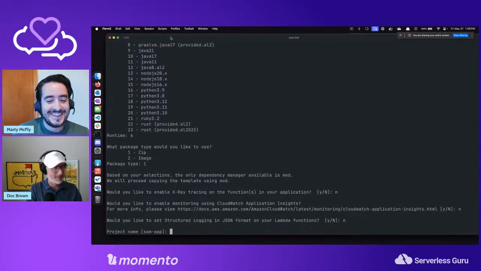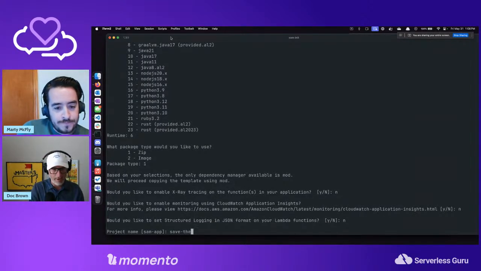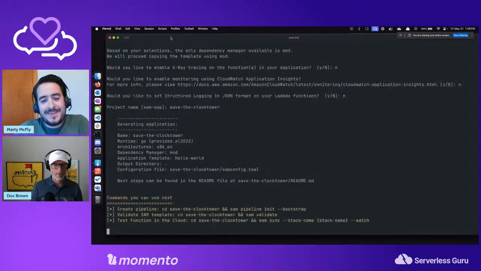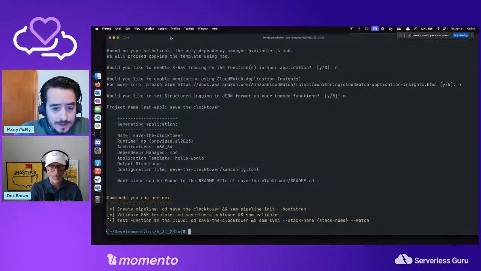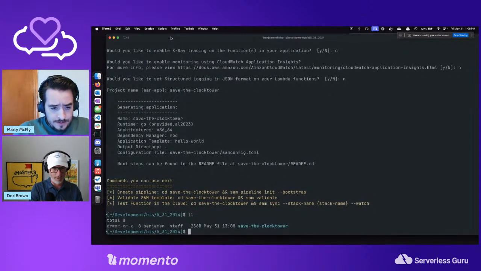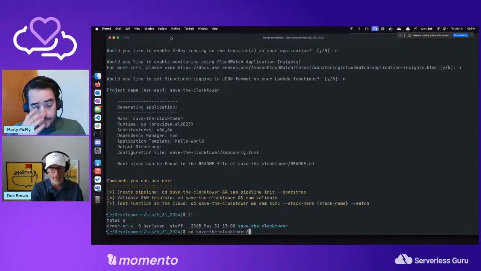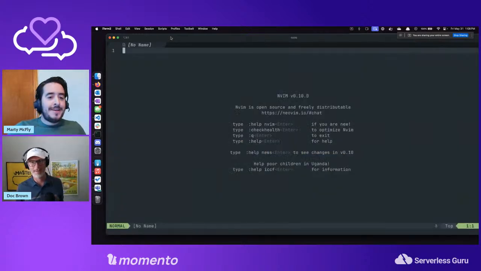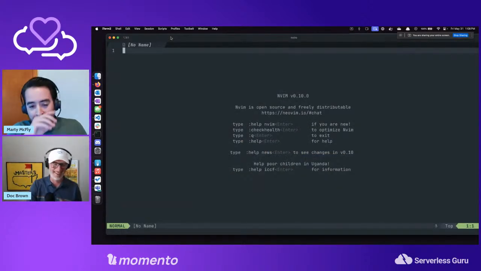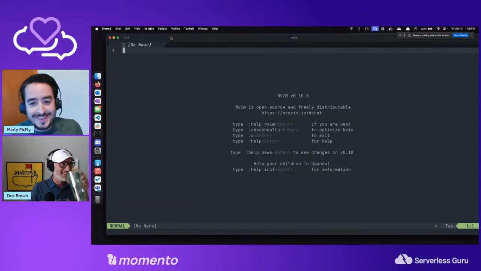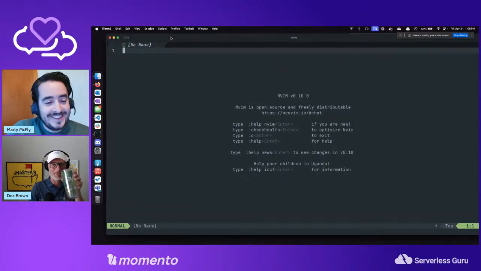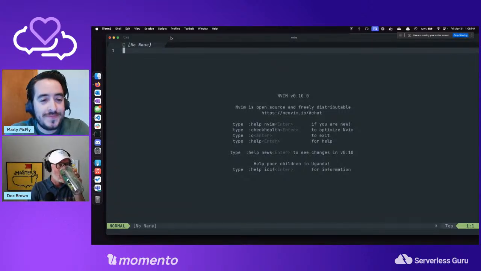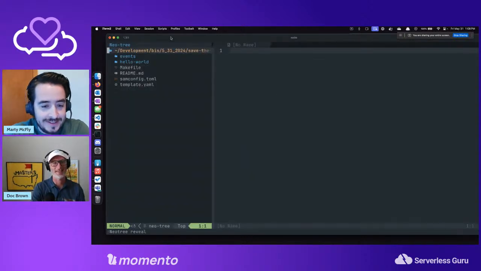We're going to call this Save the Clock Tower. There we go. Awesome. So we've got, oh, look at that. Save the Clock Tower. So we're going to cd into Save the Clock Tower. All right, and then here we go, Andres. You ready? This is going to be so wild. I was waiting for a code dot, but there's no code dot. Watch this, I didn't even touch the mouse and look at that stuff pop up.